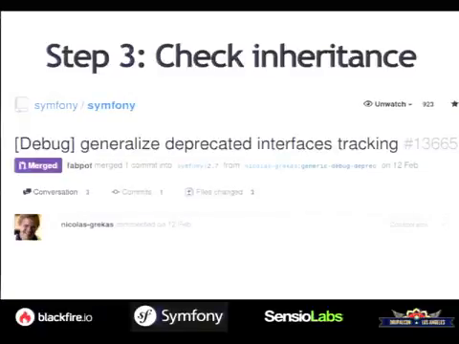We only want the notice if you are using a deprecated interface. So we need to do that dynamically. So again, we added in the debug class loader of Symfony a check that actually warns you if you are using the interface and doesn't do anything if it is internal. So we have a lot of examples like that, and it took a lot of time for us to make the process work the right way.